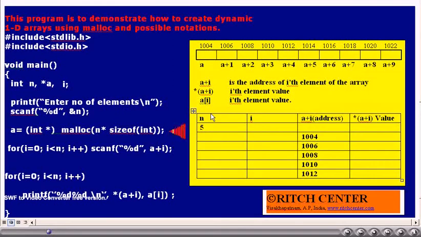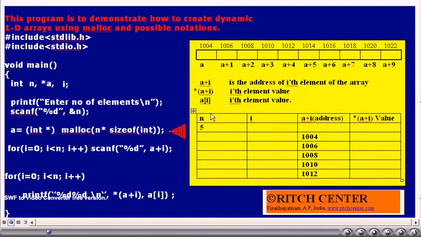We have mentioned already that the address, whatever malloc returns, is a generic address. Now I want to see this array as an integer array. Thus, that address has to be typecast to an integer address. Thus, we have used int star. Whatever address we get, we are assigning to the pointer variable a.